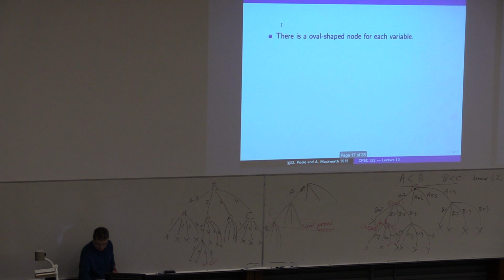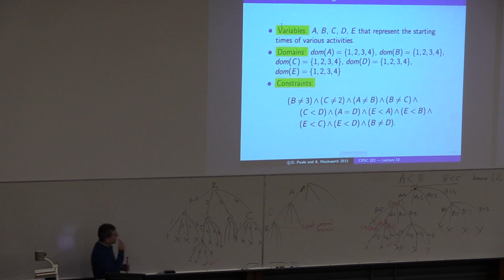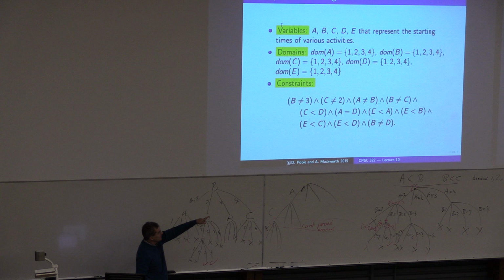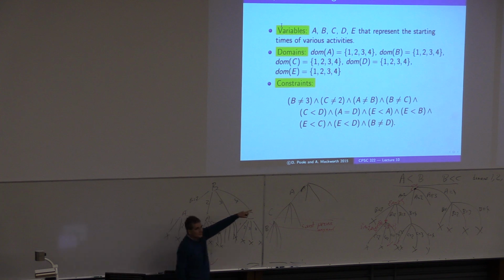Whoops. I'm going to go backwards, not forwards. So is there any value of any of the variables here that we can just rule out a priori as being impossible? So we're going to rule things out straight away. It's obvious that we can't have. What's obvious that we can't do? Which domain can we prune straight away?